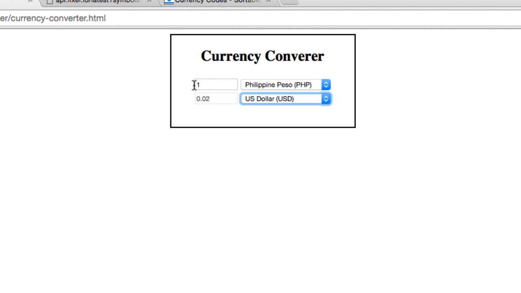select it from here, and here you want to enter the amount you want to convert. Here by default it will be showing 1, and suppose you want to see 45 PHP is equal to how many US dollar, you just need to enter the value here inside this text box. So this way you can convert between different currencies.